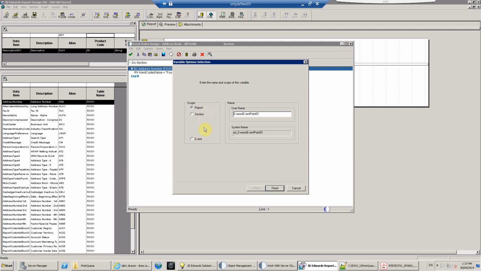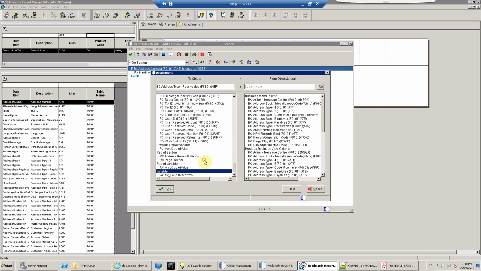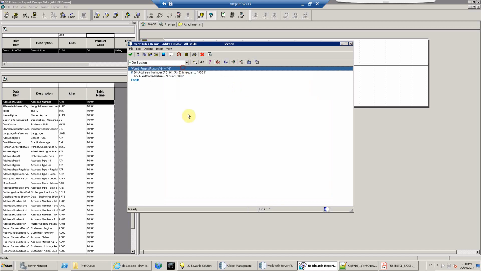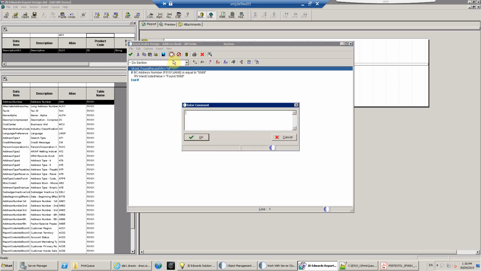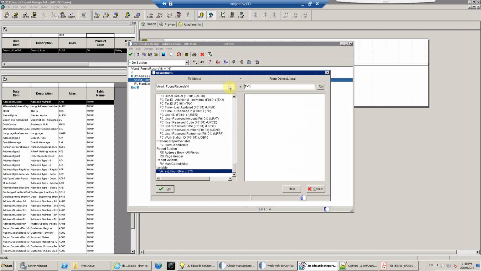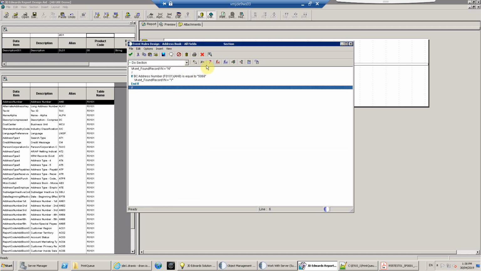But I use report and event more. So for this one, I'm just going to say found record. Yes, no. I'm going to initialize it to no. So for every record, I'm going to assume I didn't find it. And if it's equal to 5068, I'm going to say I found the record. And then I'm going to say if